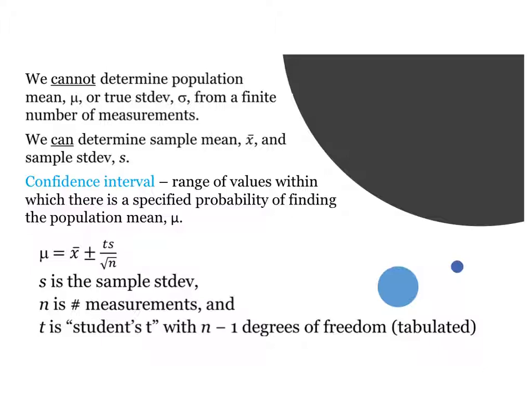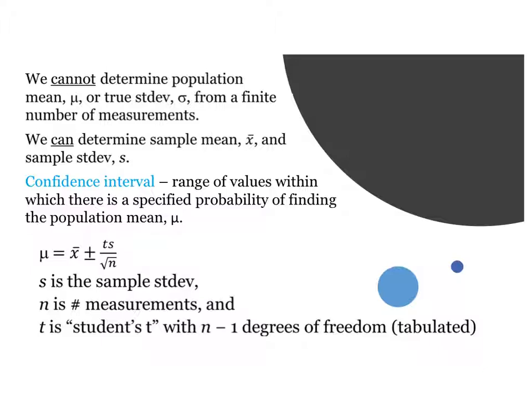We cannot determine the population mean, mu, or the true standard deviation, sigma, because we typically do not have the time, funding, or fortitude to run an infinite number of measurements. What we can do is calculate the confidence interval around our sample mean, x bar. This confidence interval will tell us how likely it is to find the population mean, mu, next to the sample